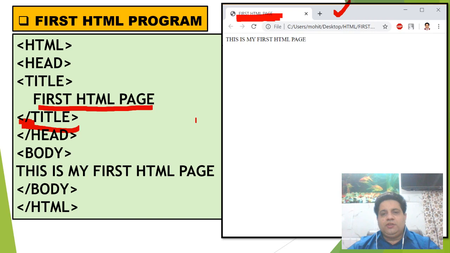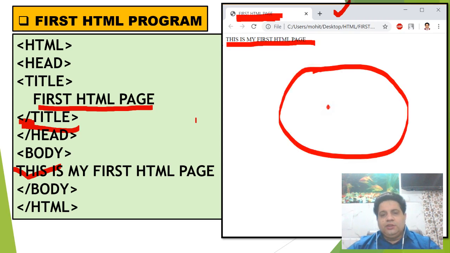This is the title of the web page, and whatever I have written within the body of the web page is displayed here in the white portion. So this is known as the body of the HTML page. This white portion that you see on a web page is known as the body of the web page. Okay, clear?